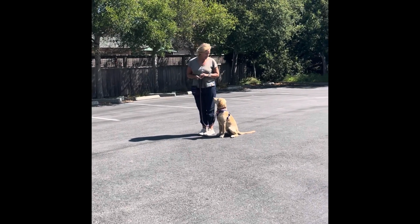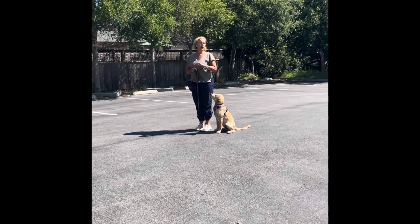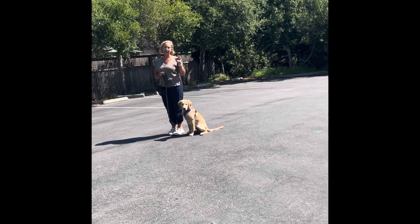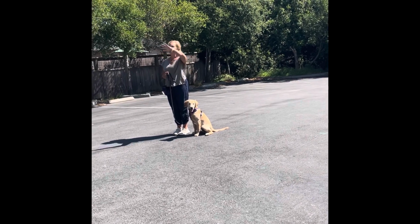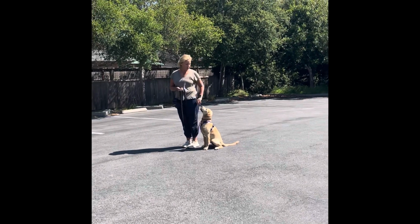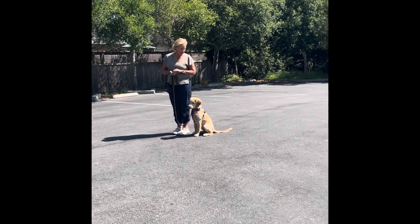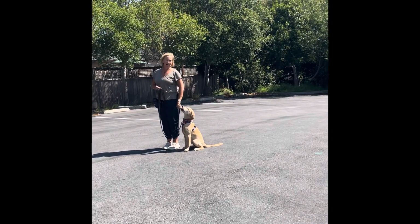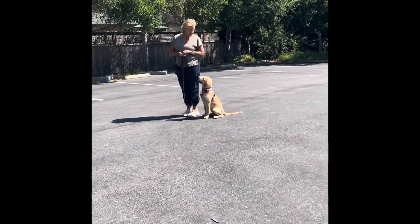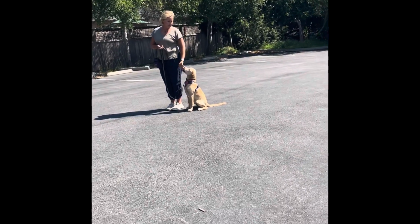Practice session this week with Miss Maisie. We are starting to work in an environment where we have more distractions. So what I'm going to do is run through all our foundation skills, but not only are we out and about, Melissa has Lucy with her, so we have another dog distraction as we're out here practicing. Right now what I'm demonstrating is the reward zone,